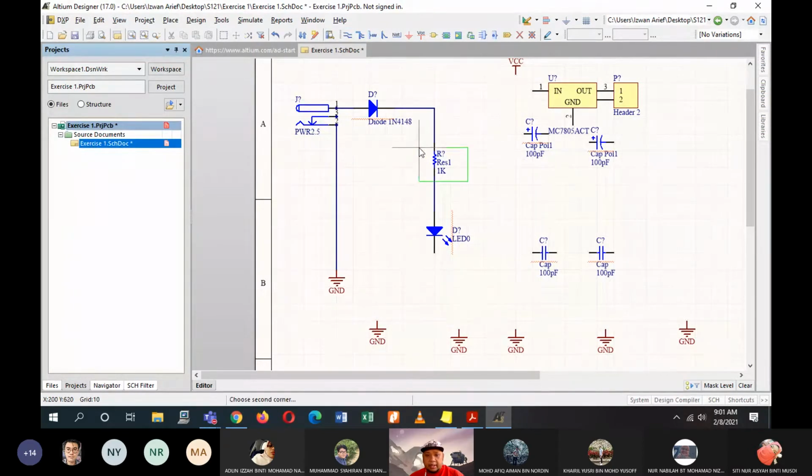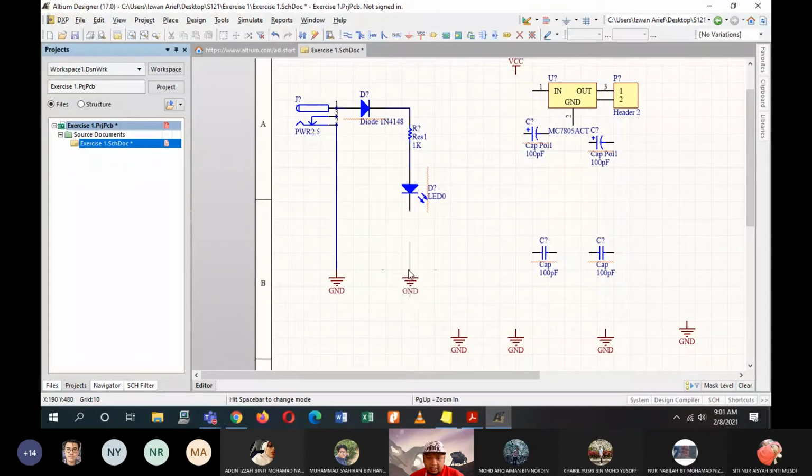You can move the components to make sure that they are not consuming too much space. This is my second ground going to my LED.